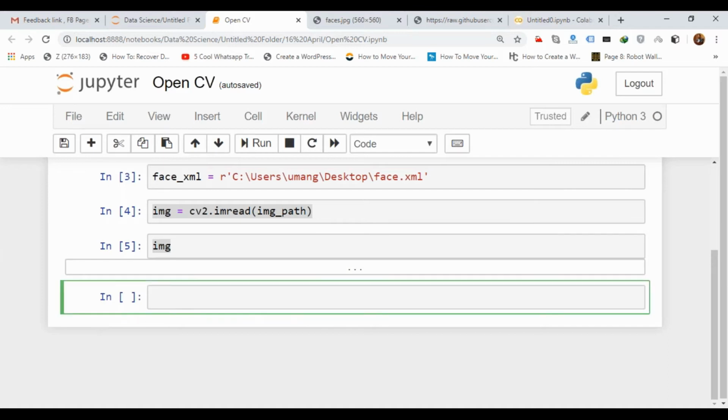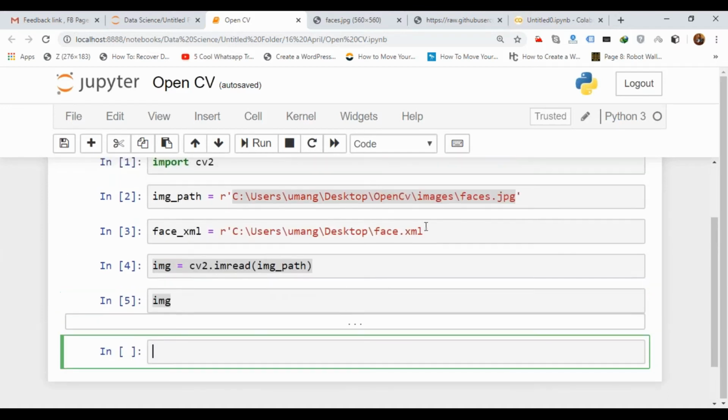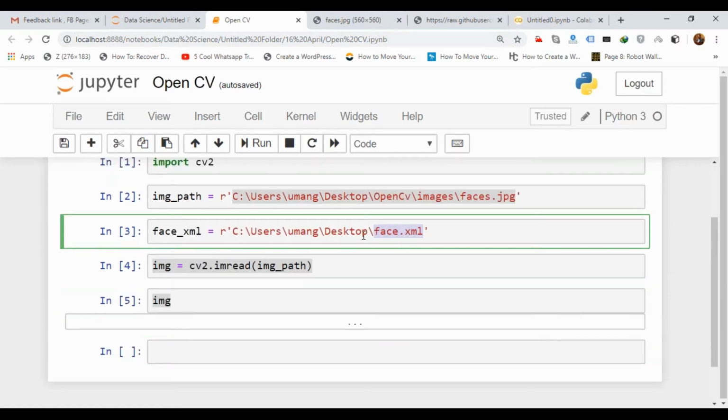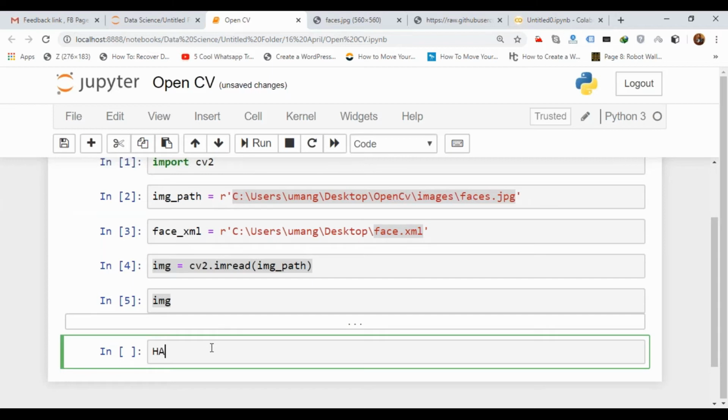Now I forgot to tell you about this XML file. It is called a Haar cascade library. It divides the image into small samples, detects the faces in those samples, and returns the output.